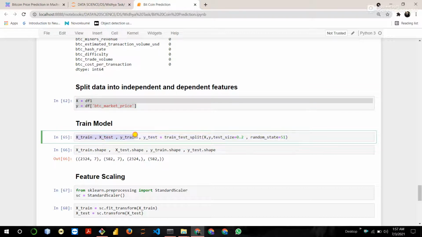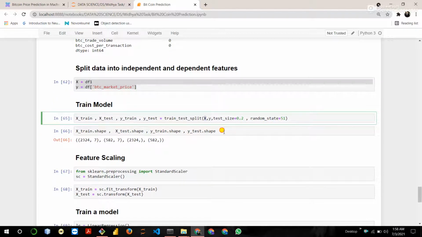Now divide the data into the training data and the testing data using the train test split function, which takes some parameters like independent feature, dependent feature, test size, random state, and etc. And it returns four parameters, which are our four data sets.